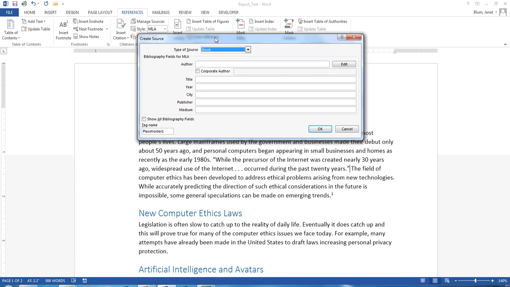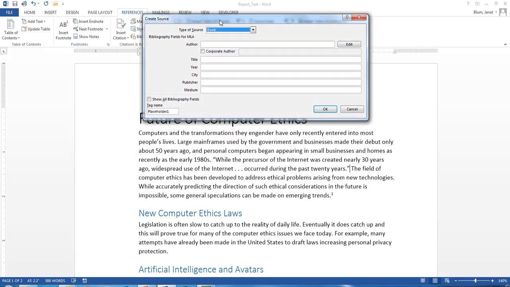I'm just going to move it up here by dragging. That title bar will allow you to change what type of source we're working with. You can see, by clicking the type of source drop-down arrow, all of the different sources that are available. I'm going to assume this is from a journal article, so I'll click on Journal Article, and then I'll type